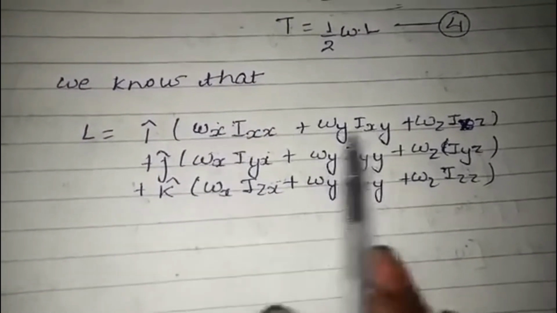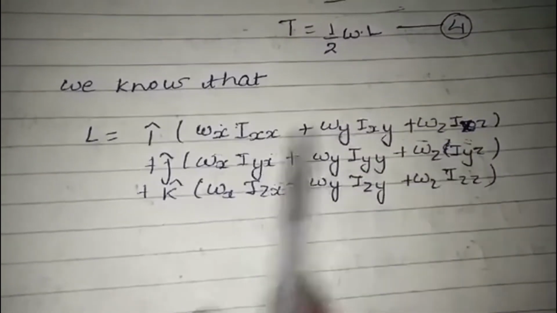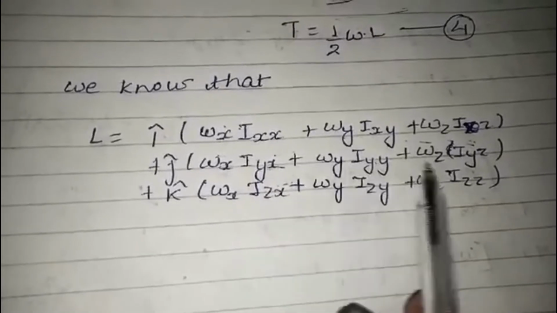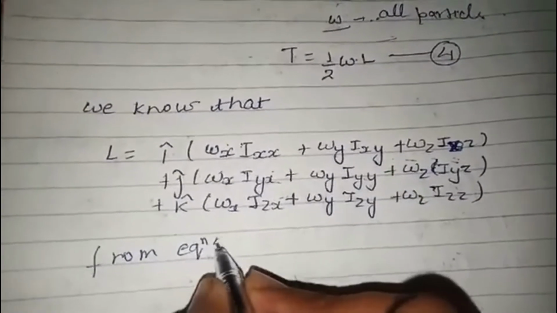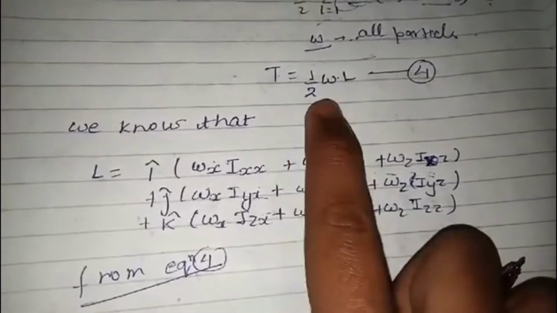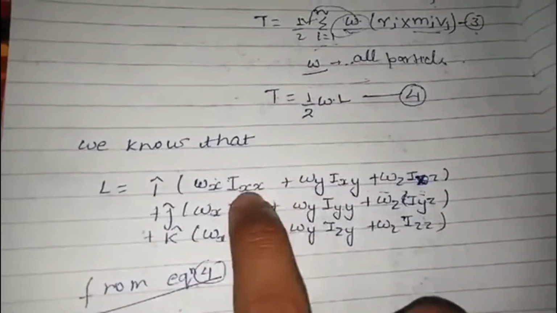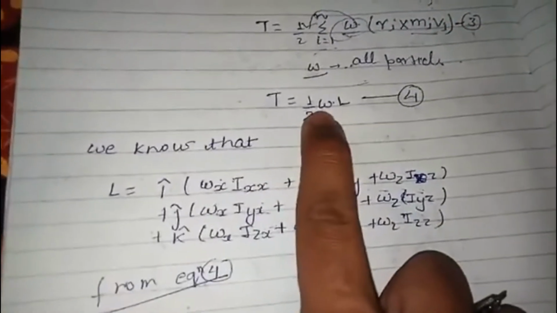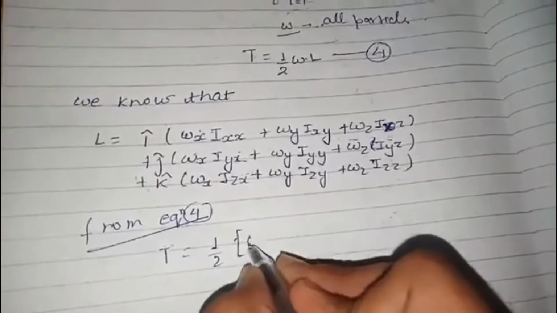किस तरह से लिखा है ये, एम ओमेगा एक्स ओमेगा वाई ओमेगा जेड। पहले एक्स का एक्स के साथ, एक्स का वाई के साथ, फिर एक्स का जेड के साथ, फिर ऐसे ही एक्स इधर पर आएगा, वाई। इस तरह से आप कर सकते हैं। सो अब एल की वैल्यू को हम कहाँ रखेंगे, फ्रॉम इक्वेशन 4। ये बहुत इम्पोर्टेंट यहाँ पर मूव रहने वाला है हमारा। टी इज इक्वल टू, अगर हम यहाँ पर रखेंगे, फर्स्ट में हम ओमेगा ओमेगा एक्स एक्स लिख लेते हैं। अगर ओमेगा ओमेगा मल्टीप्लाई होंगे तो ओमेगा स्क्वायर आएगा। सो टी इज इक्वल टू हाफ ऑफ ओमेगा एक्स का स्क्वायर